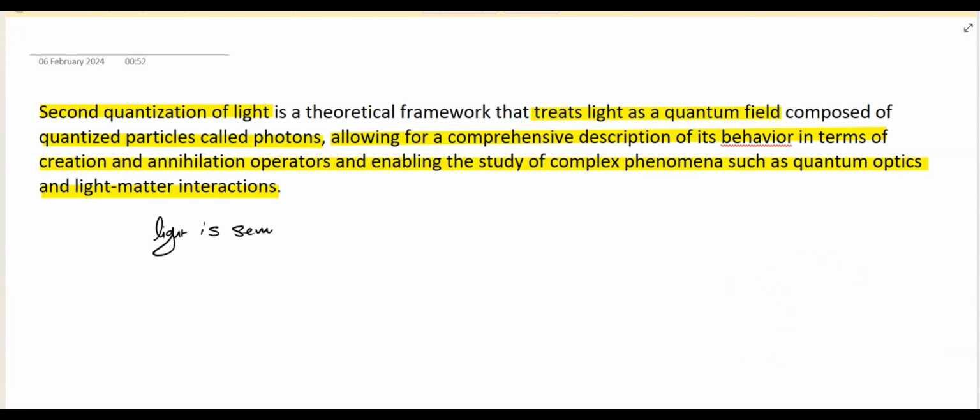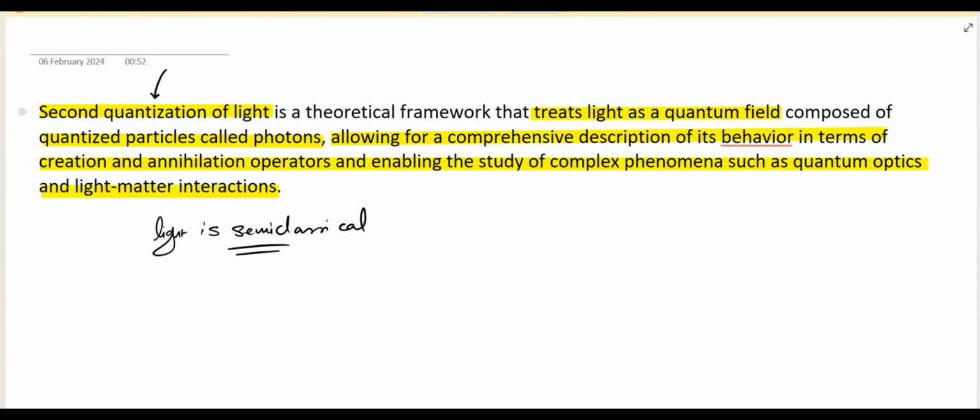if we quantize light, which is called second quantization, we can understand a lot more phenomena which we cannot understand by the semi classical treatment of light. Also, this particular idea of second quantization of light is important to understand how continuous variable quantum computing works